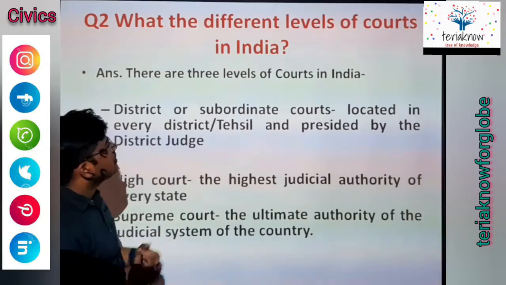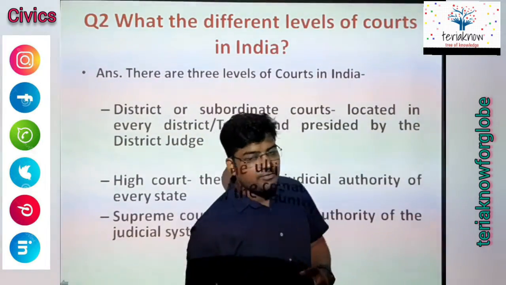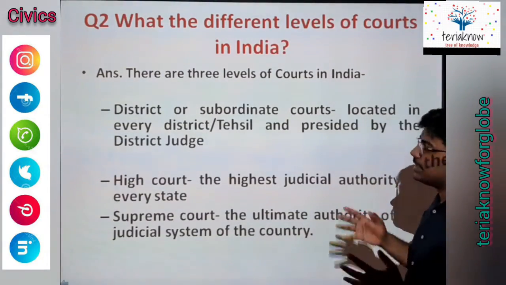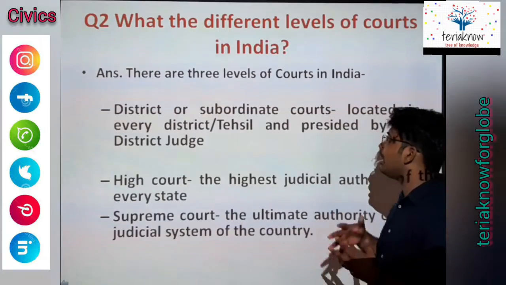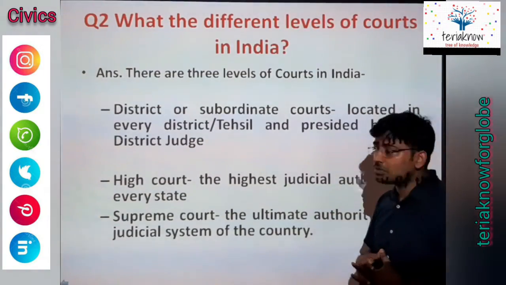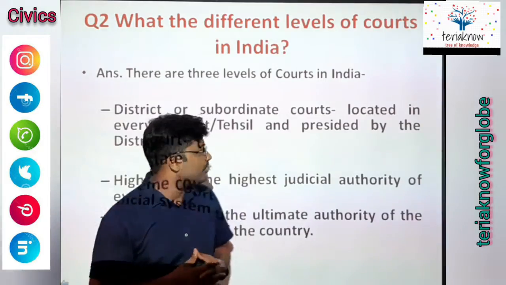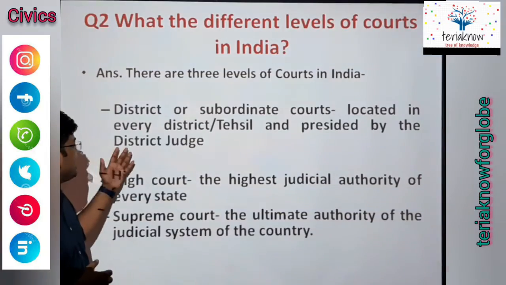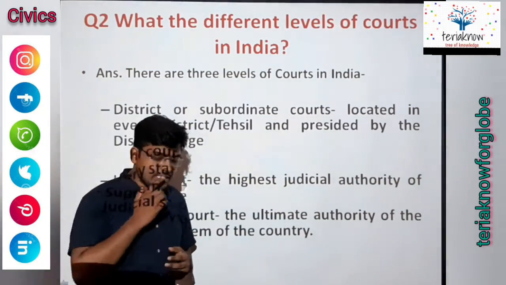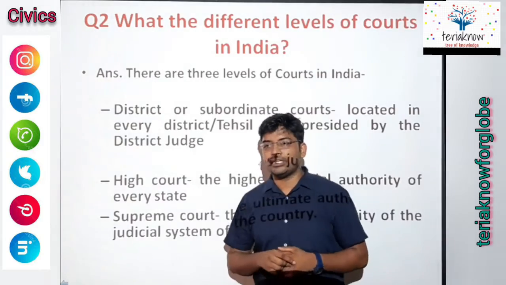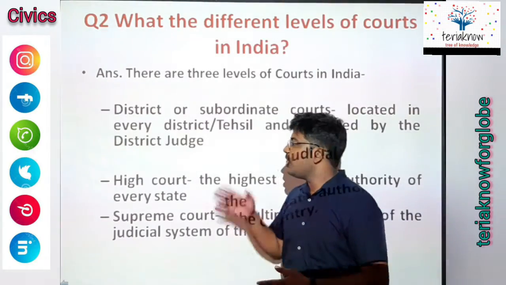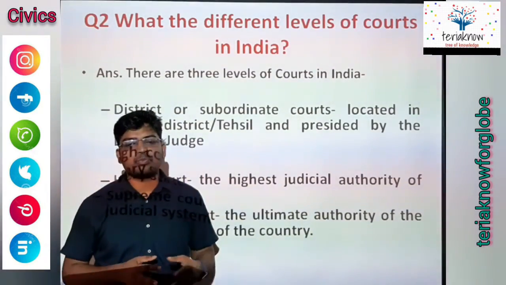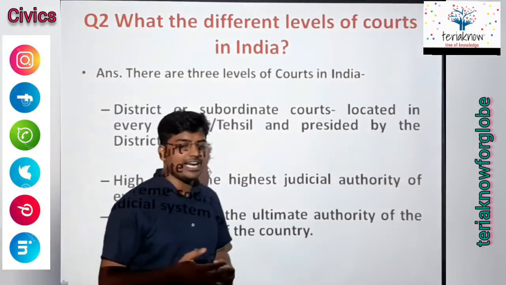Now there are two questions I put here just for your clarification. What are the different levels of courts in India? There are three levels of courts in India. First, the district court, also sometimes called the subordinate court. It is located at a district headquarters and presided over by the district judge. हर एक जिले में एक कोर्ट होता है, उसको डिस्ट्रिक्ट कोर्ट बोलते हैं. जिला न्यायालय इन हिंदी, अंडरस्टूड. उसके अंदर जो जिला न्यायाधीश मींस डिस्ट्रिक्ट जज जो होते हैं, he or she provides the decision about any kind of cases.